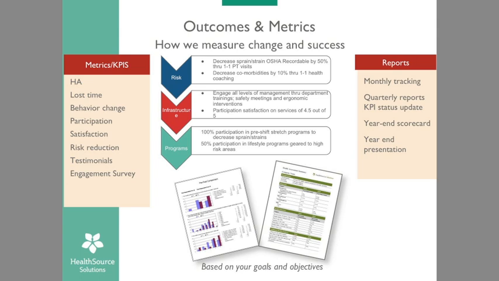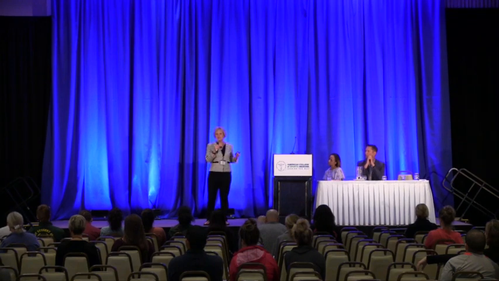Things like KPIs, where we're actually getting up and presenting in front of people, i.e. it might be the safety professionals, the benefits, the HR people. What is the kind of data that we need, and can we give them really good objective data in a quarter period of time? It goes back to, we can share lost time work in a quarter. We can know how long people were off if they got injured on the job. However, it's really hard for us to share how much blood pressure reduction did we have in a quarter, or what did the cholesterol levels come down in a quarter? Because as you know, it takes a lot longer in a lifestyle intervention to make those changes. So that's the reporting side of it.